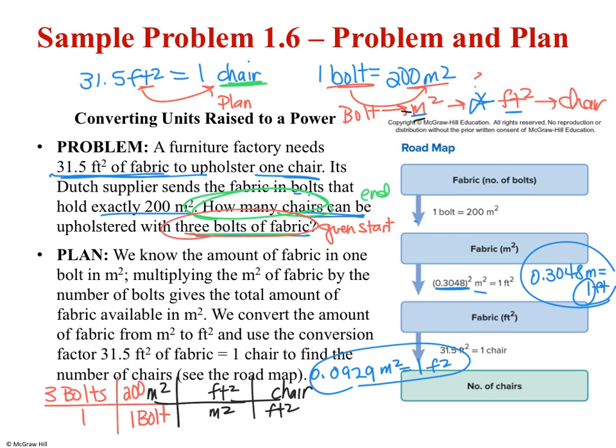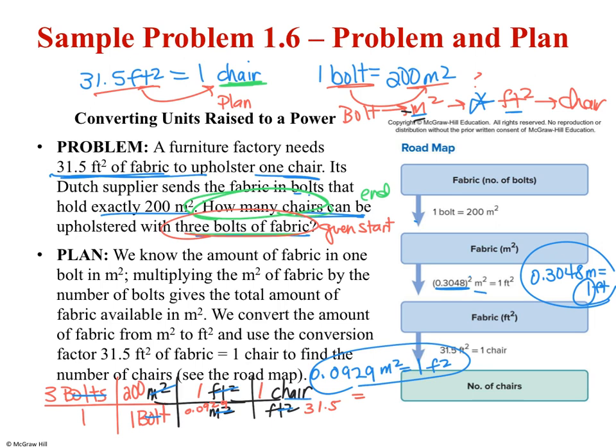Here we did this one, it's 0.0929 meters squared for 1 foot squared. And here we have 1.5 feet squared for 1 chair. And what you'll notice is volt cancels out, meters squared cancels out, feet squared cancels out, and we're left with